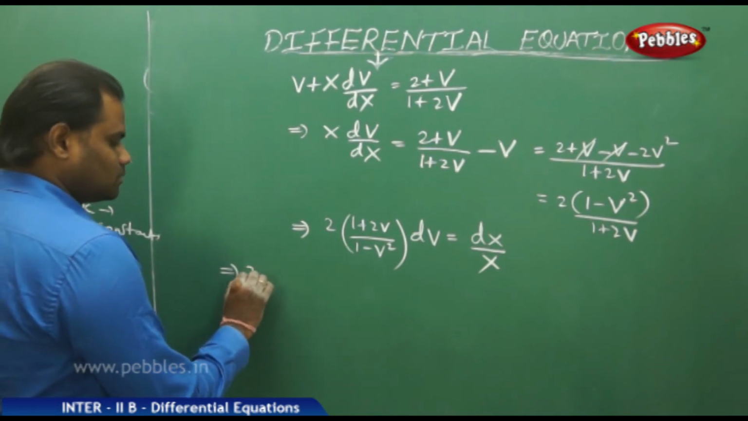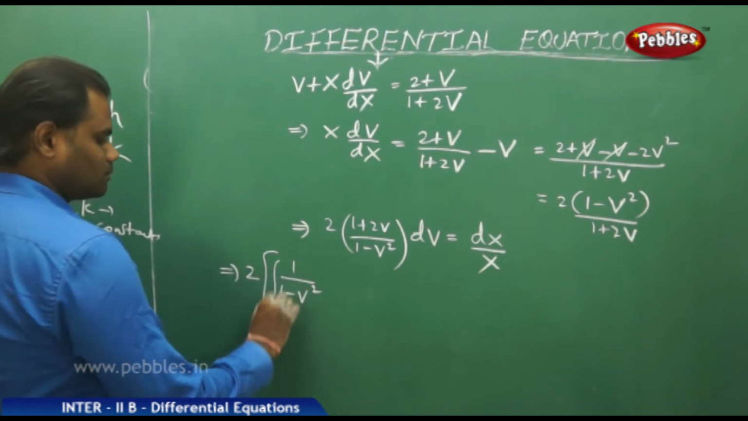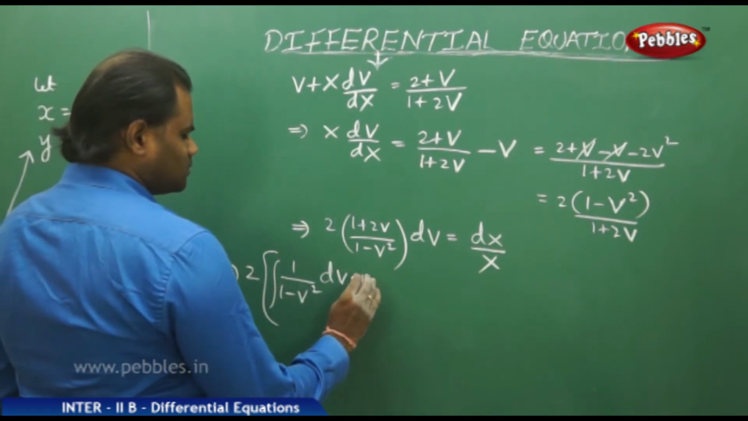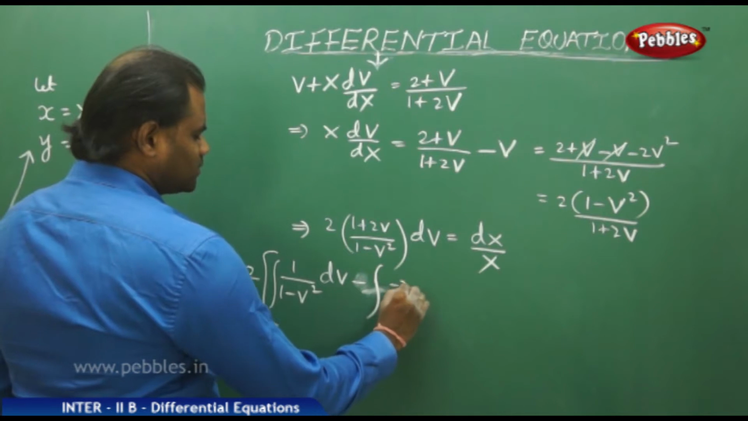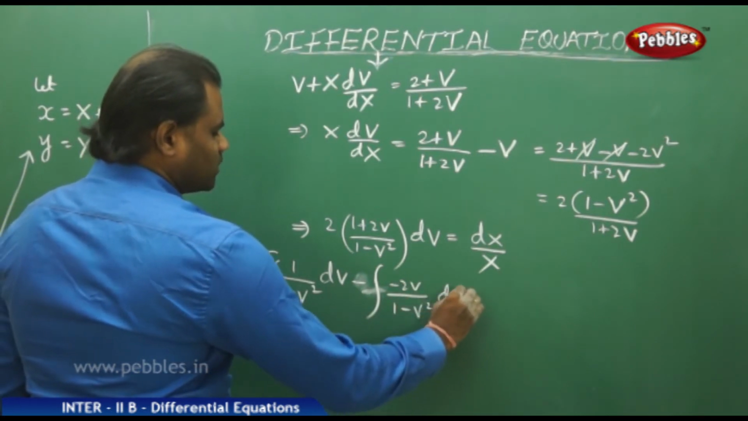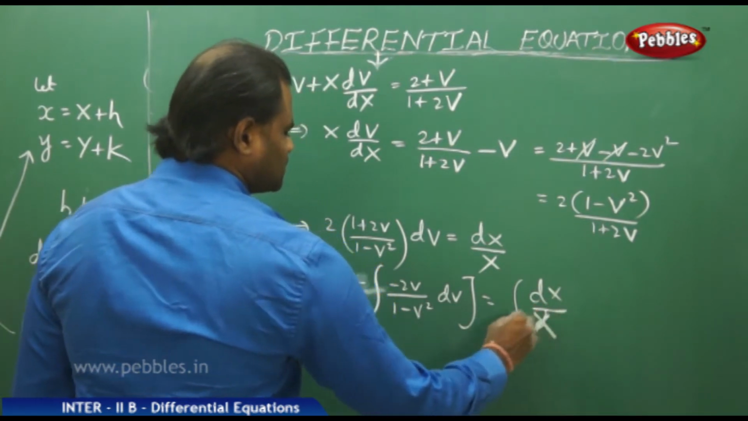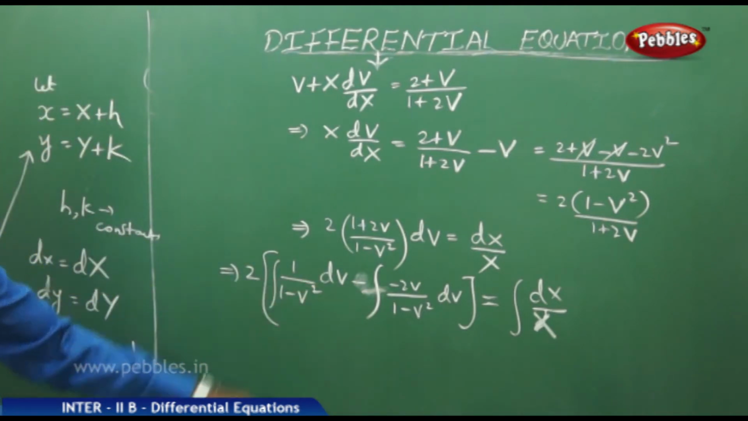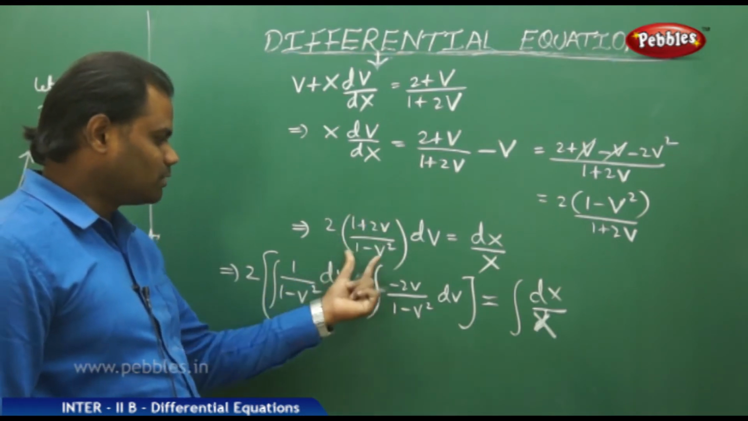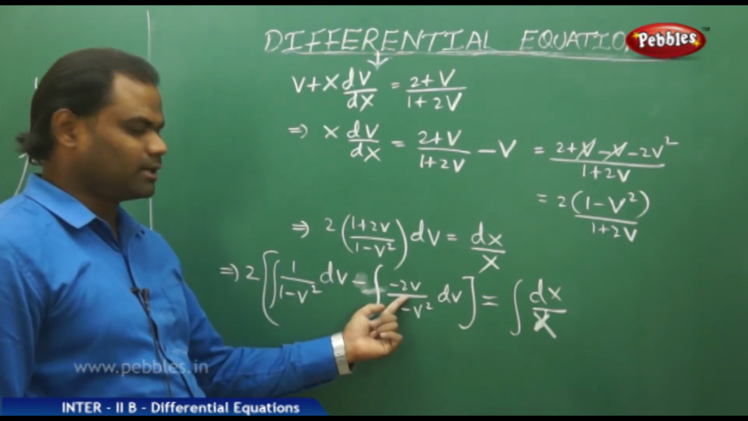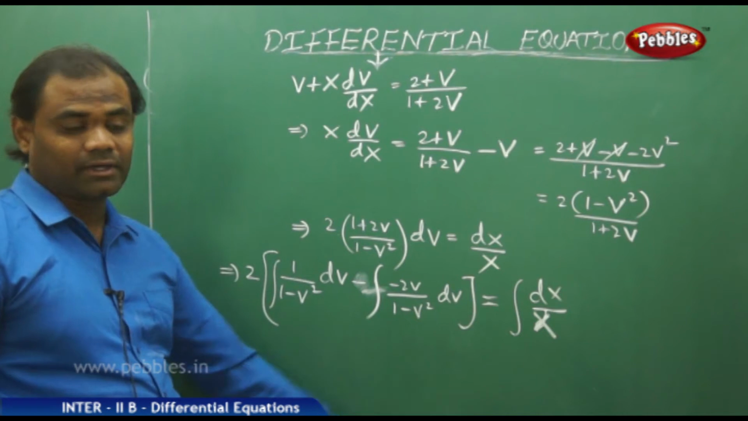Now this on further simplification gives integral 1 by 1 minus v square dv, minus integral of minus 2v by 1 minus v square dv is integral dx by x, which on further simplification, as I have adjusted this, splitting the term as 1 by 1 minus v square plus 2v by 1 minus v square, which is adjusted as minus of minus, because integral of f dash x by fx is log mod fx,